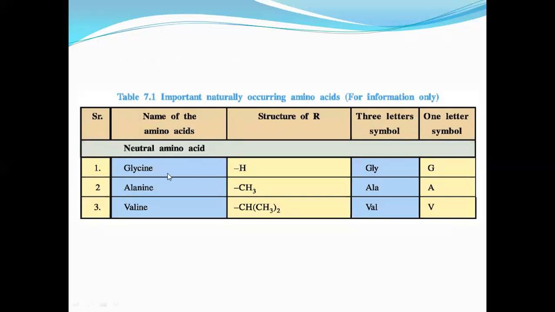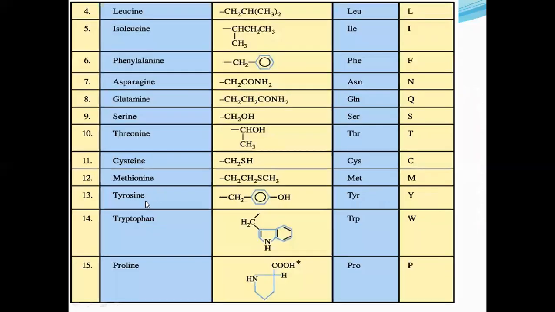So what is glycine? The structure has an R, and R is an alkyl. The alkyl can change in the form of H, CH3, and CH3 twice, that is the isoform of valine. The prefix can be written as Gly, Ala, or Val, and we can symbolize them with capital G, A, and V. So this is all the form of amino acids: glycine, alanine, and valine,